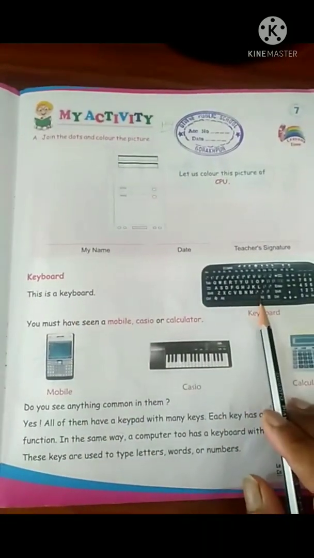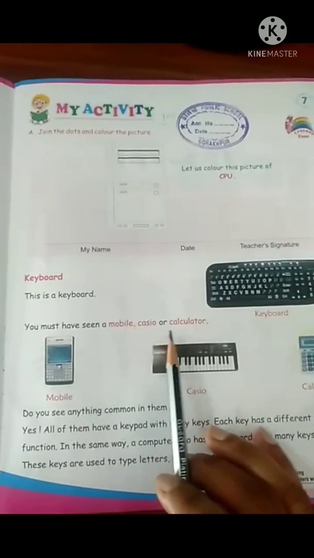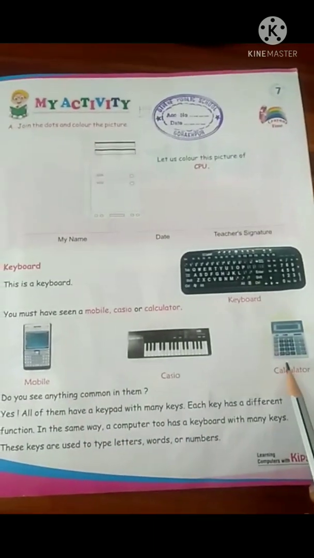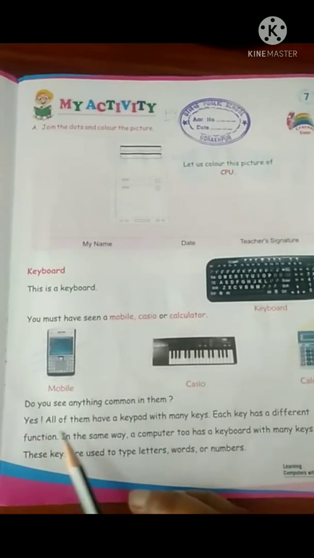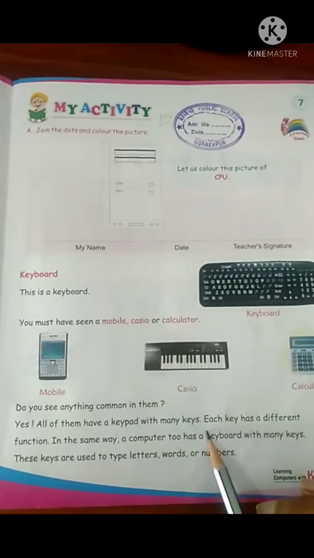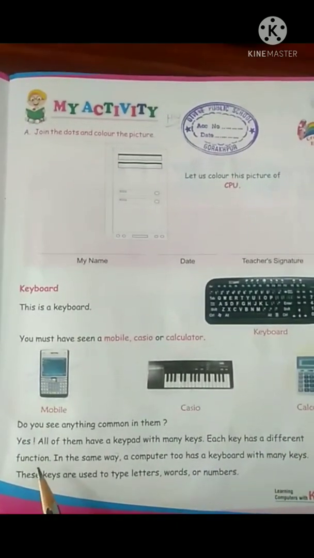This is a keyboard. Children, you must have seen a mobile, Casio or calculator. See, mobile, Casio and calculator. Do you see anything common in them? Yes, all of them have a keypad with many keys. Each key has a different function.